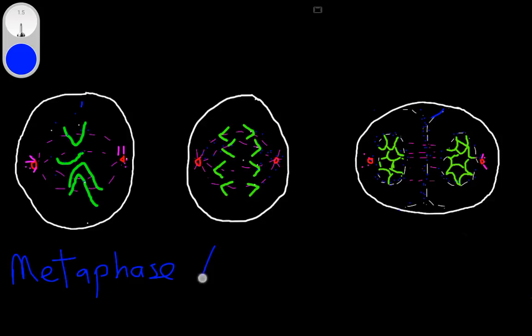And then the next phase is the anaphase. During this stage, the chromosomes that have arranged around the center of the cell split into equal parts, this group here and this group here, and then they start to migrate to opposite poles of the cell. That's what happens during anaphase. They start to migrate towards opposite poles of the cell, and that's quickly followed by the last stage, known